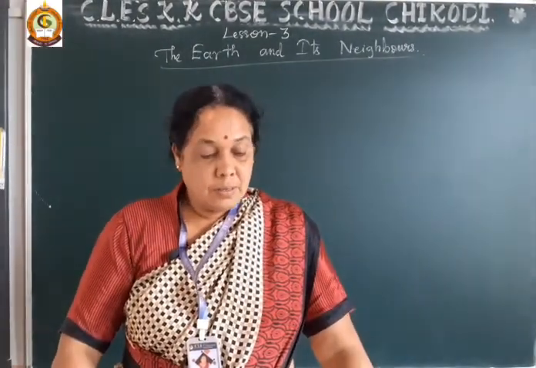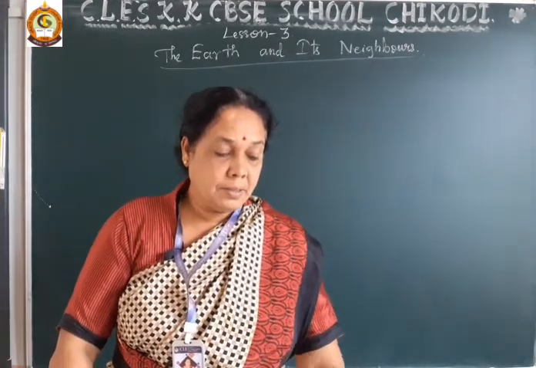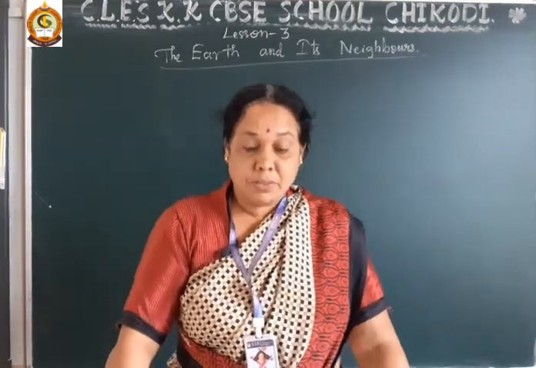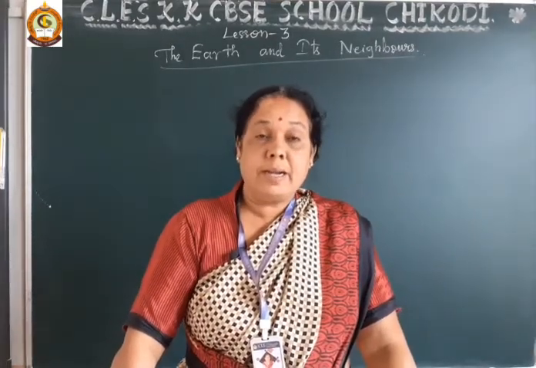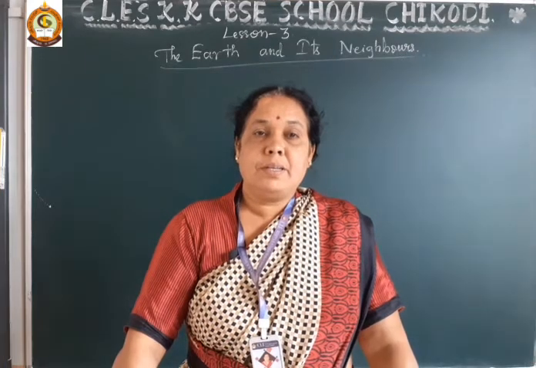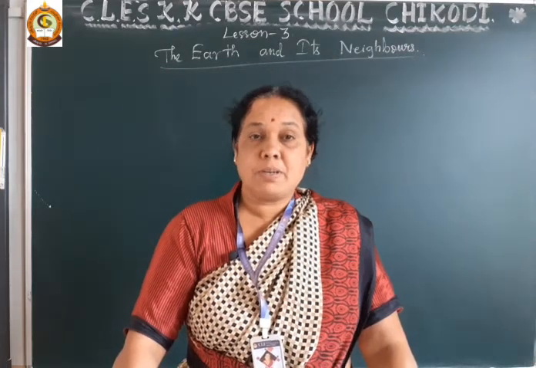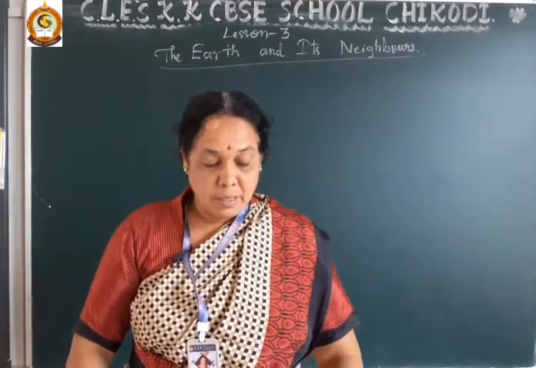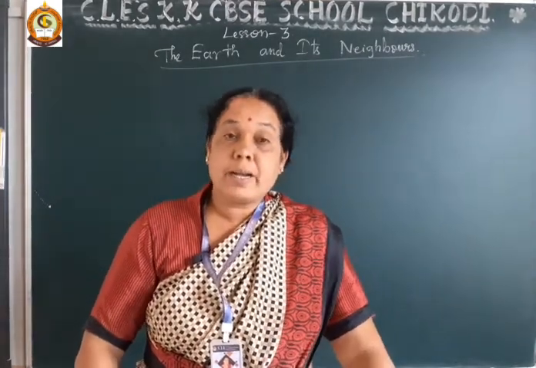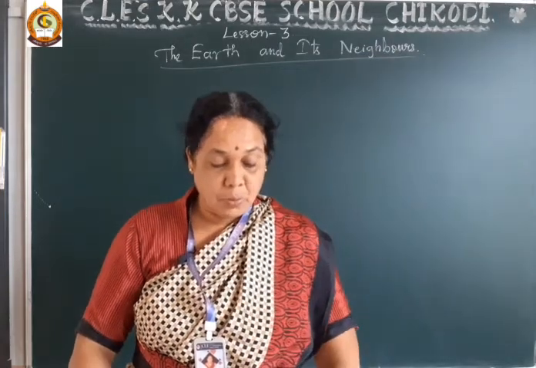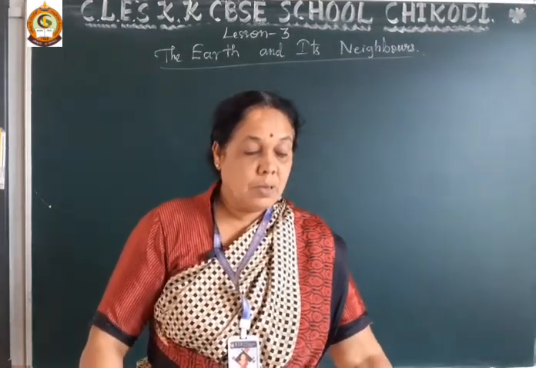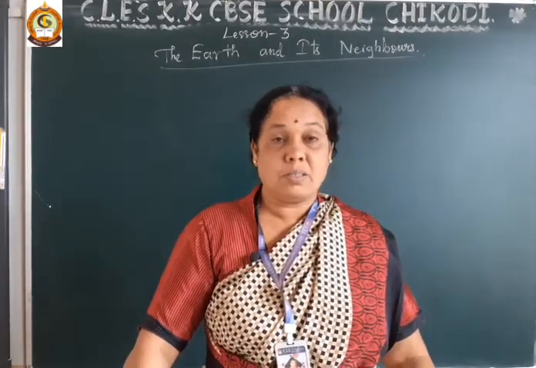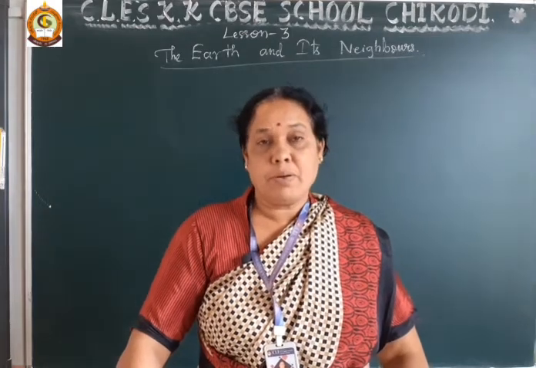Dear students, you know that we have already completed lesson number 3, The Earth and Its Neighbors. The lesson explanation is completed. All the evaluate part, like fill in the blanks, match the following, choose the correct answers, some question answers, and also spot the 8 planets of our solar system in the word search grid, we have already completed.